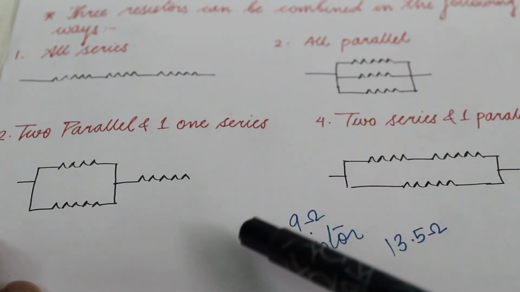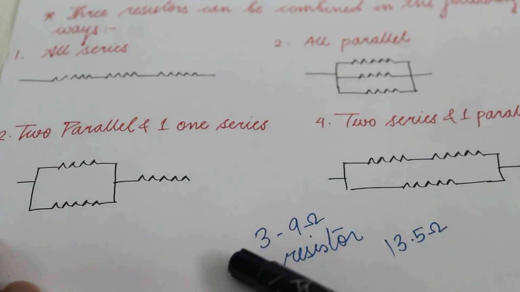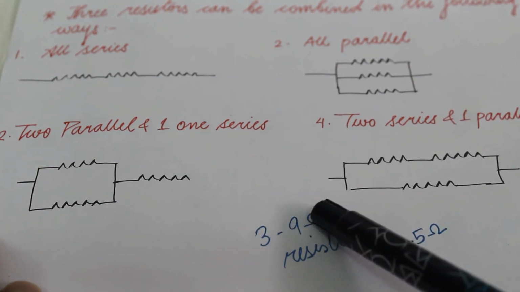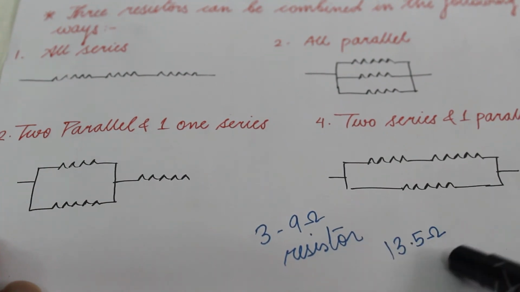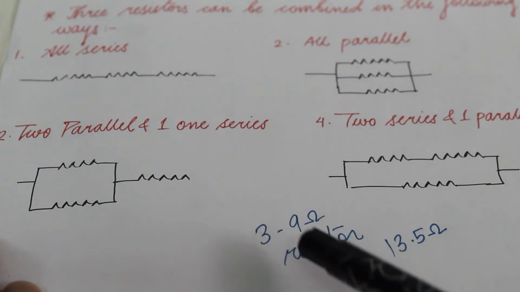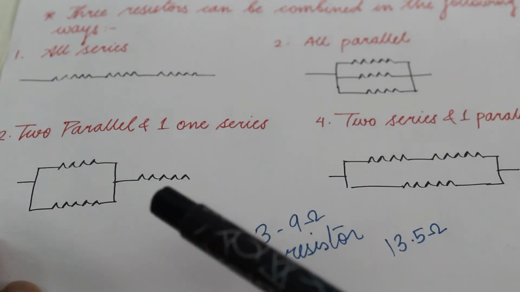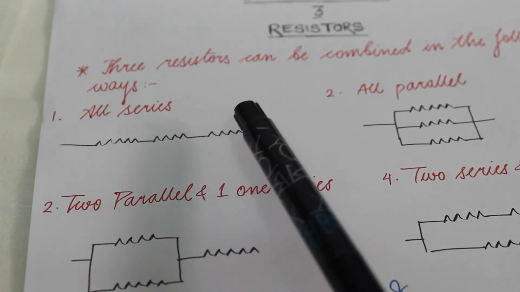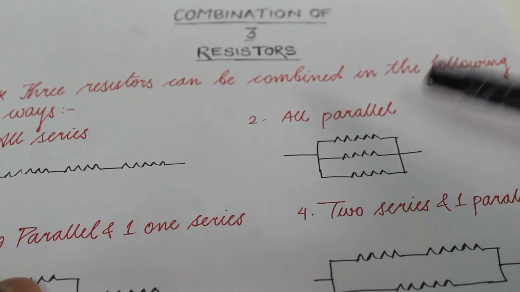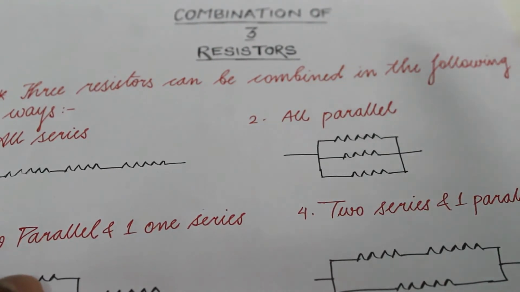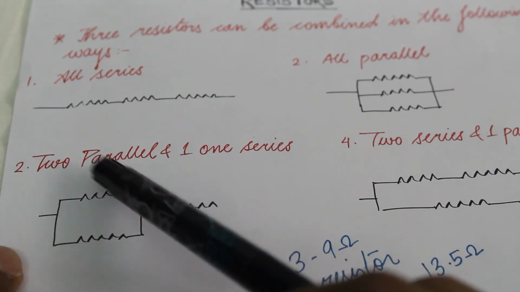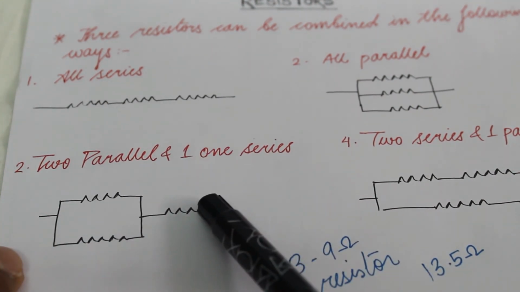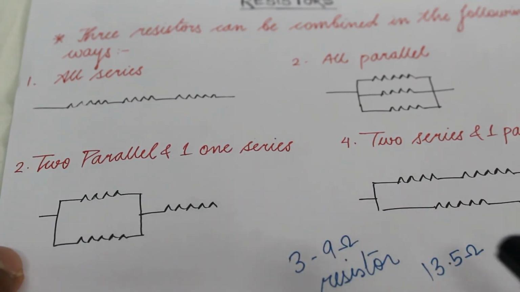Now let us understand this more clearly with the help of an example. For example, you have been given 3 resistors of 9 ohm each, and you have to combine them in such a way that the net resistance becomes 13.5 ohm. Now how to do that? As there are 3 resistors, there are 4 ways of combining. If I combine all in series, I would get the answer 27, 9 plus 9 plus 9. If I connect them all in parallel, I will get 1 by 9, 1 by 9, 1 by 9, the answer will be 3. If I come to this combination, 9, 9, 1 by 9 plus 1 by 9 is 4.5 and plus 9 is 13.5. So this combination gives the answer 13.5.